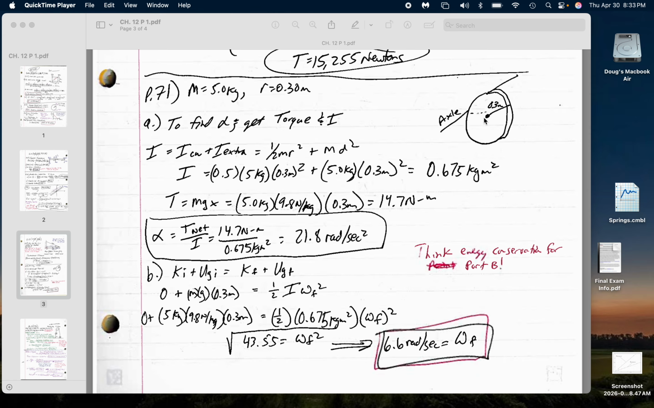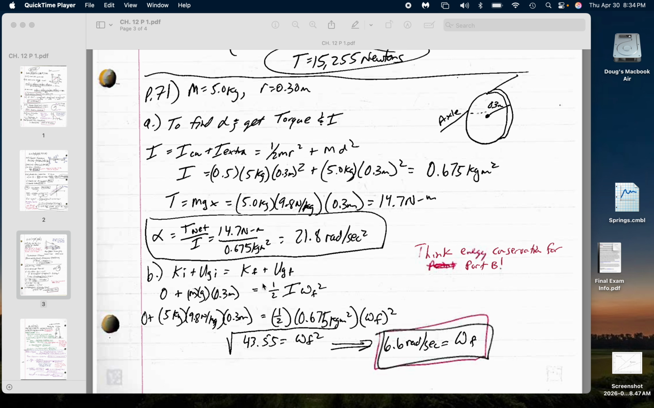So up at the top here, we've got gravitational potential energy that decreases as it goes below, and it would decrease by 0.3 meters because that's how far the center of mass falls. So the initial kinetic energy is 0. The initial gravitational energy is this, 49 times 0.3, so somewhere around 14.7, I think,